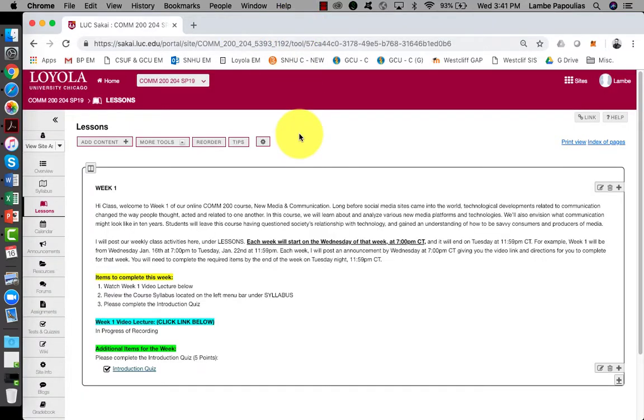So that is it for week 1. It is a short week given the fact we only talk about our syllabus and what to expect for our weekly online content. But next week, please make sure to log in early in the week for week 2 so you can see what topic 1 is about, what you need to read, if there's an article you need to read, if there's an activity you need to complete. But everything will be here for you for week 2. So pretty easy, self-explanatory on how to use our online format, what to expect out of Sakai.